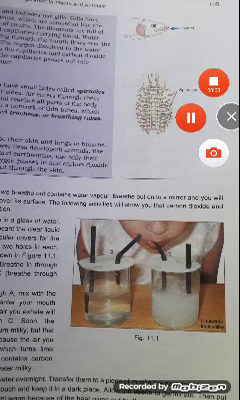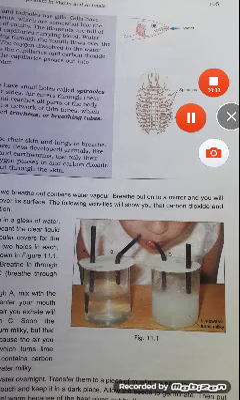Dear students, today in biology we are starting a new chapter which is named Respiration in Plants and Animals. Students, last chapter we discussed the transportation system, the circulatory system in human beings and transportation in plants,